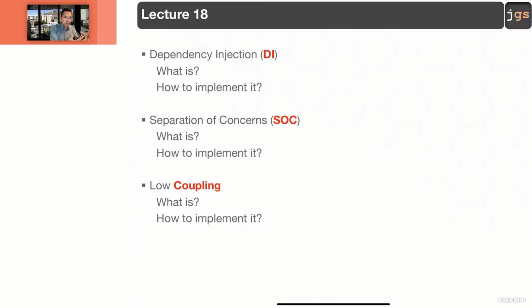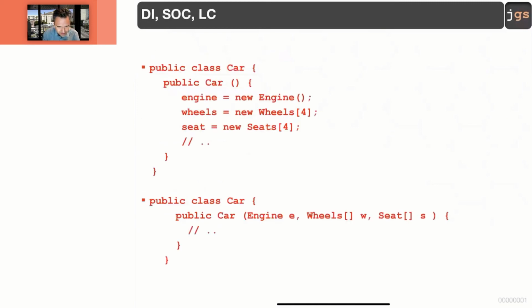Which is the value that is good, which is the value that is bad. Bad because useless, bad because pain zone. What is this distance? What happens if the distance is 0 or -1 or 1? Abstractness at 0 or at 1. The combination of abstractness with stability. The plot that I asked you to do, the plots that we reviewed with several projects. Be sure to review that and understand the meaning of the different combinations. They help you to evaluate coupling, separation of concerns, and dependency injection, in particular,